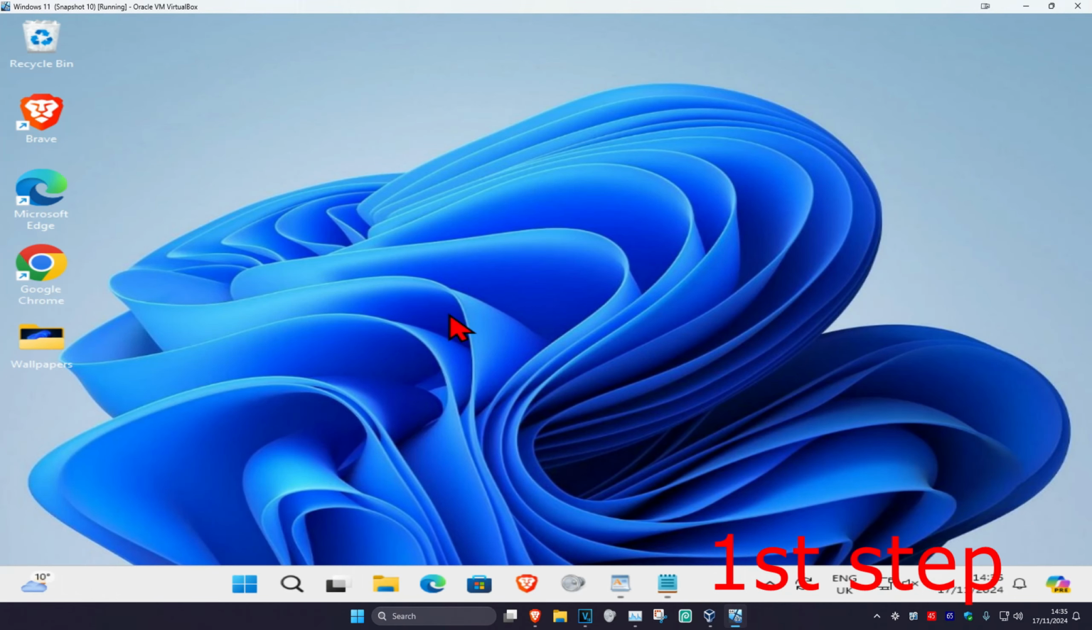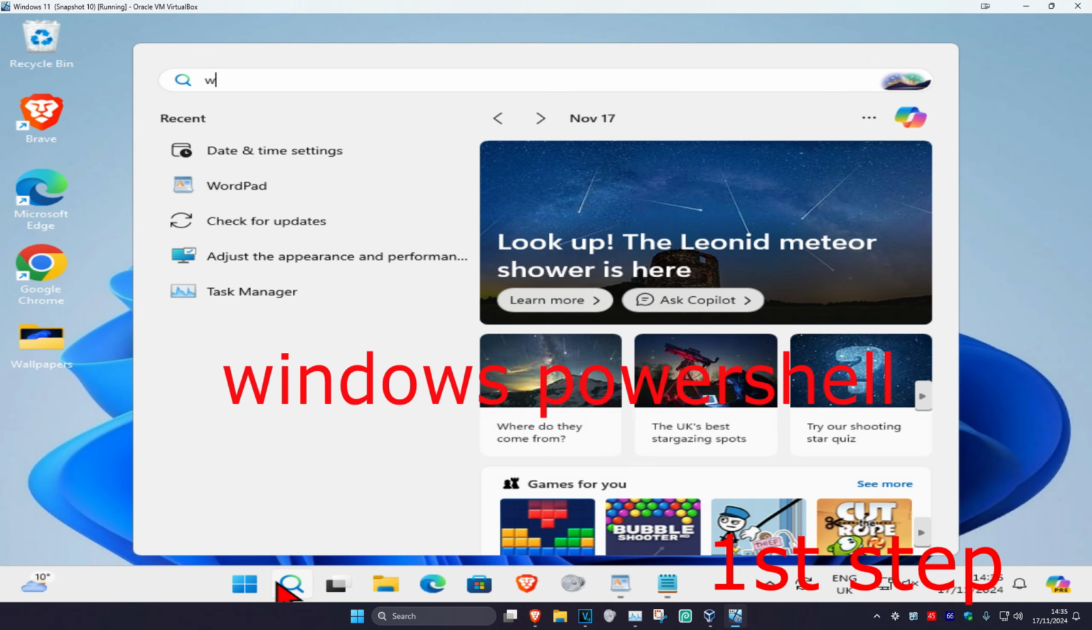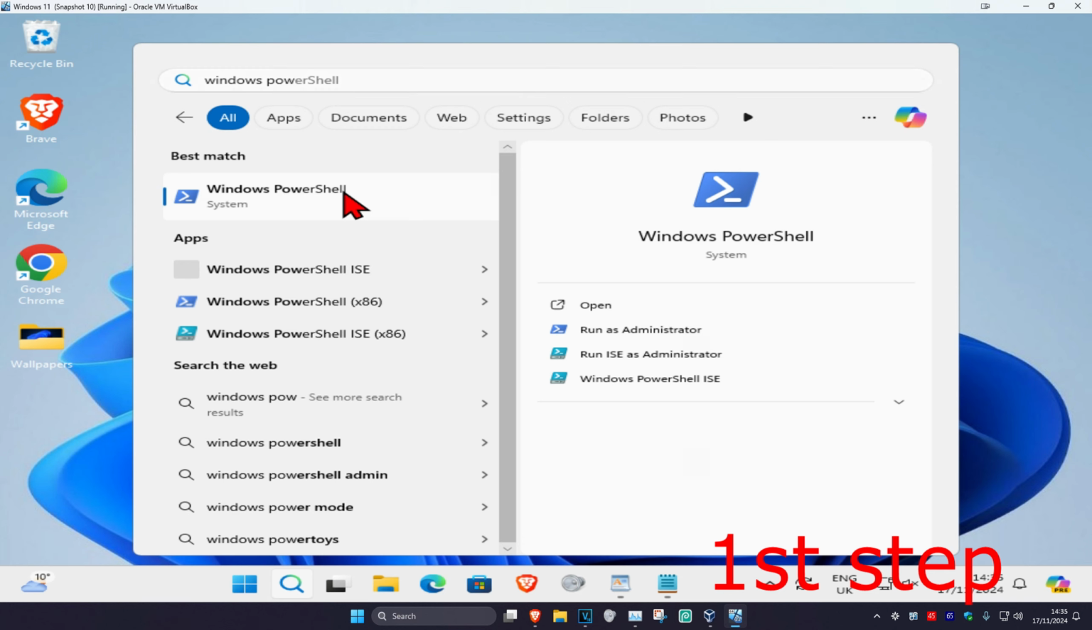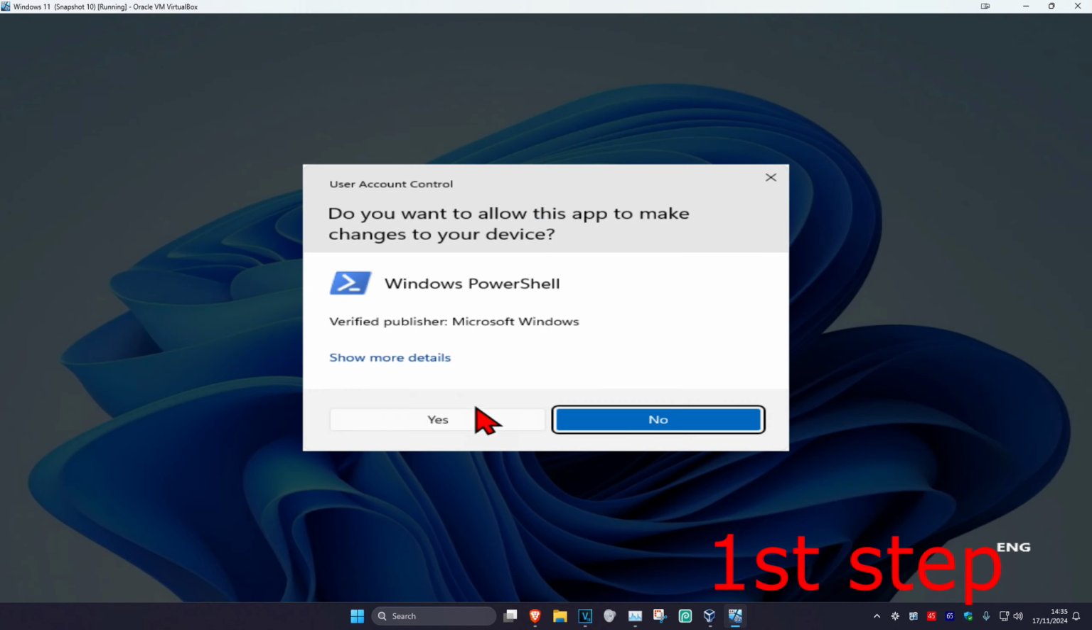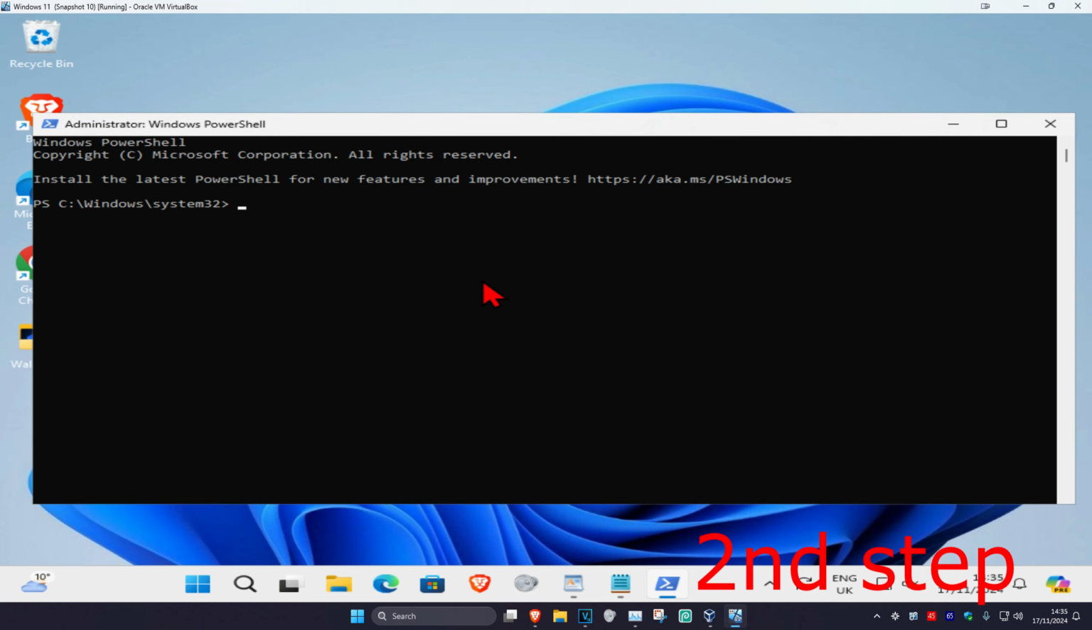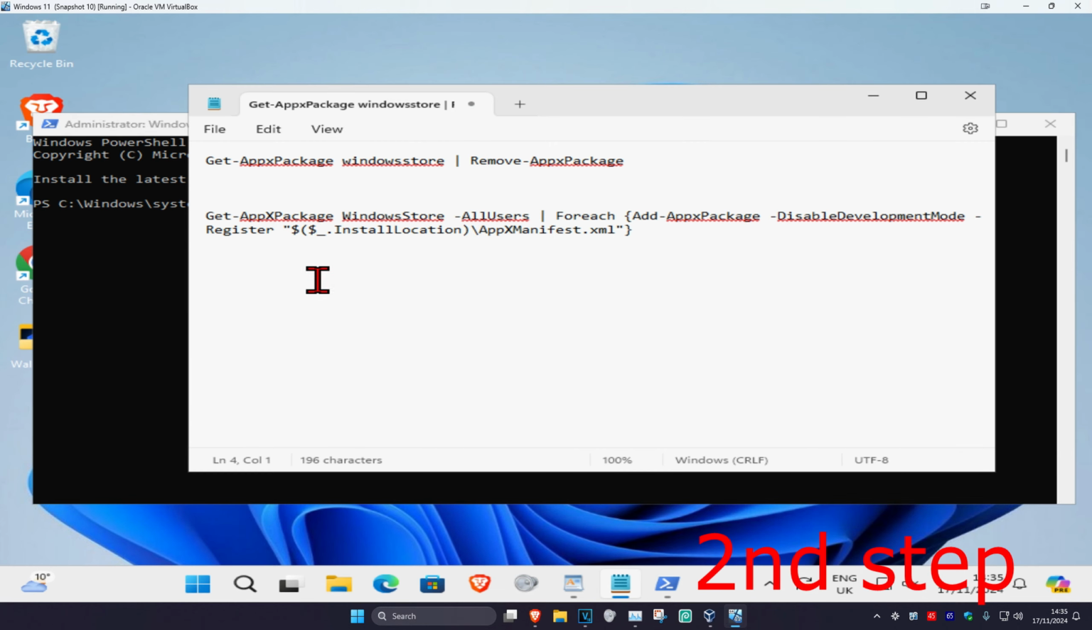So guys, for the first step, you're going to head over to search and type in Windows PowerShell. You're going to right click on it and then click on Run as Administrator. And then click on Yes. And then once you're on this, you just want to copy and paste both the commands which will be down